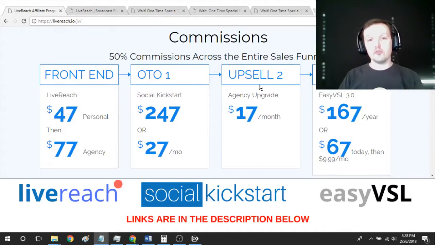But as soon as you add the YouTube element, Social Kickstart is not designed for YouTube in that fashion. However, it does work with Twitter and it does work with LinkedIn. These are amazing platforms, all 3 together, sort of the pinnacle platforms, Facebook, Twitter, and LinkedIn when it comes to non-video social media. And it taps into all of them for you. So it's very, very worth your while. Definitely look into it. Again, I would highly recommend it, and they work well together. With Social Kickstart, you could go live on Facebook, but then with LiveReach, you can go live on YouTube, and that's pretty awesome.